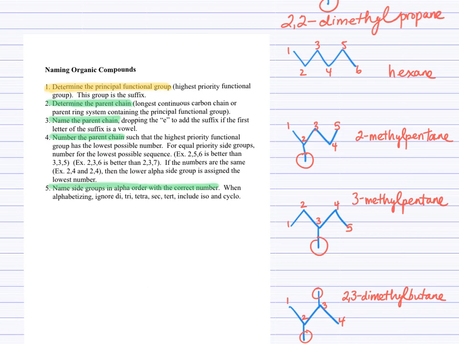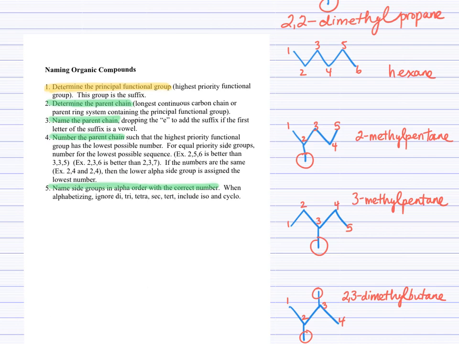It doesn't matter in the next example whether you number from left to right or right to left, you'll still have 5 carbons in the parent chain with a methyl group off of carbon 3, and so the name is 3-methylpentane. Also in the next structure, the last example that we can see on the page right now, there are